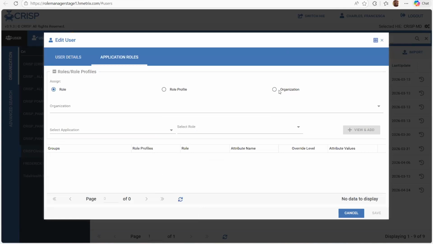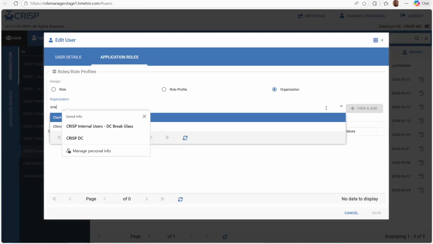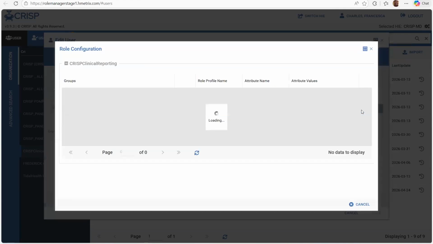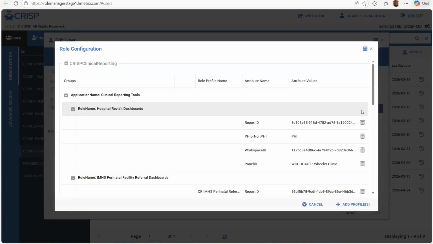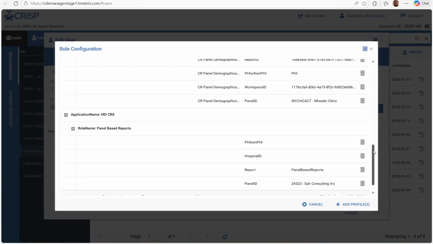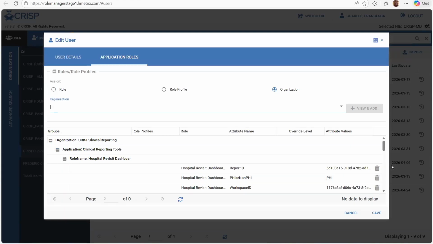At that user account, I will select organization. And again, the name of my organization is Chris Clinical. Once I've selected the org, I will select view and add. Now for you, it's possible that you will select the role profile as a POC. All of these reports are currently available, and I am ready to add the profile to Kevin's account. I will select save,